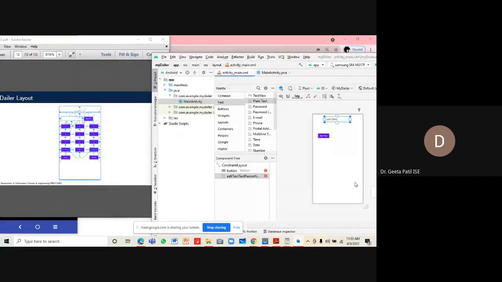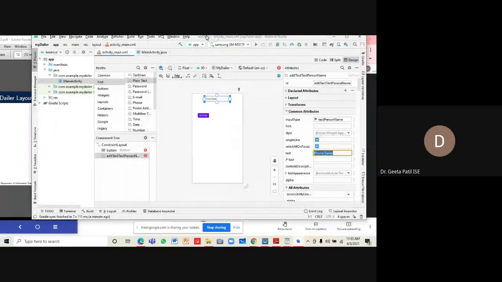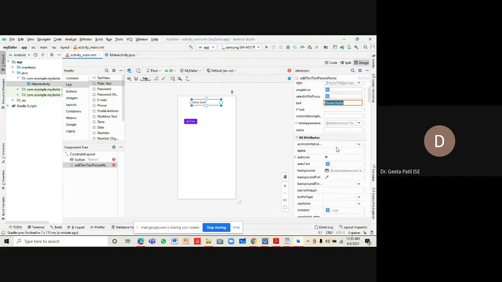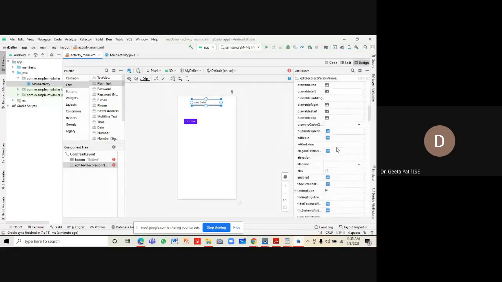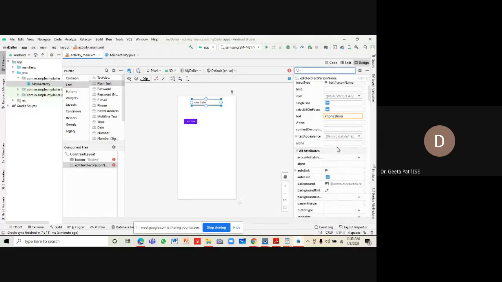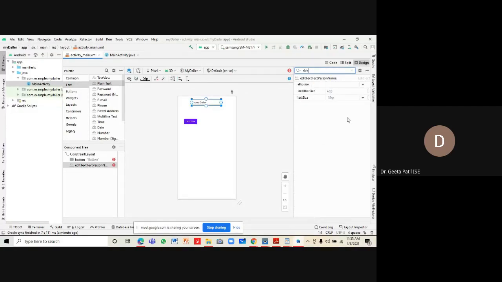Okay. Then we will increase the font size of it. Take it to 30. Let's put the constraints: top to the top of the parent. Let us take it down a little bit.